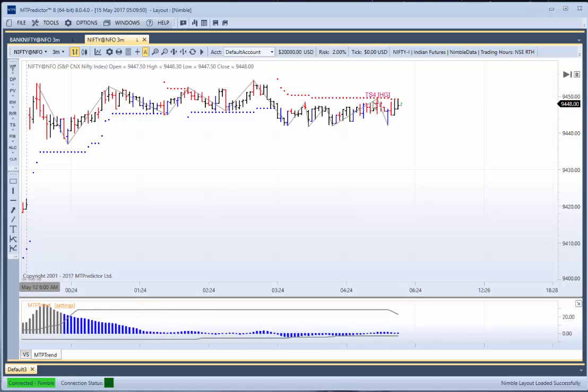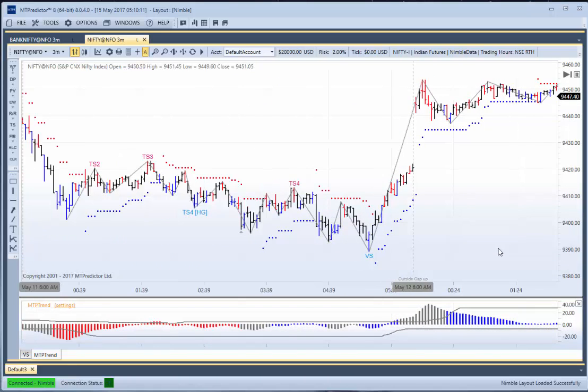The only potential trade setup was a holy grail trade setup on the short side, but it was against our blue MTP trend, so it would have been avoided. So quite frankly today was a write-off because the market went nowhere, and that was good because you shouldn't have been trading that market, that time frame today anyway. So basically MTPredictor kept you out of a sideways choppy market when it's horrible. Let's go back to the previous day.